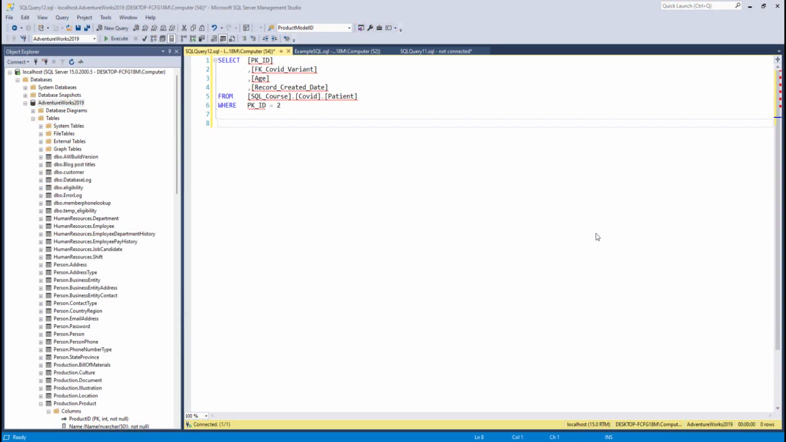Hi, and welcome to this tutorial where we're going to learn how to update data in a table. In the previous tutorial, we learned how to insert data, and in the next tutorial, we're going to learn how